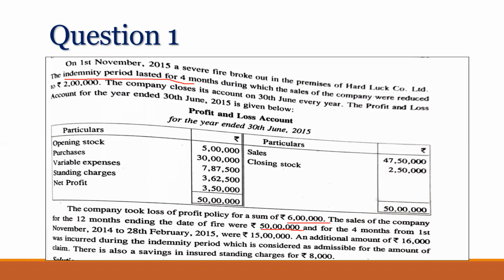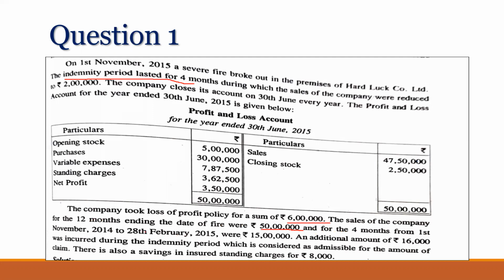And for the 4 months from 1st November 2014 to 28th February 2015 were 15 lakh. This 4 months denotes the indemnity period and the fire broke out on 1st November 2015. So this is the turnover for the period of 4 months in the year just preceding the year of